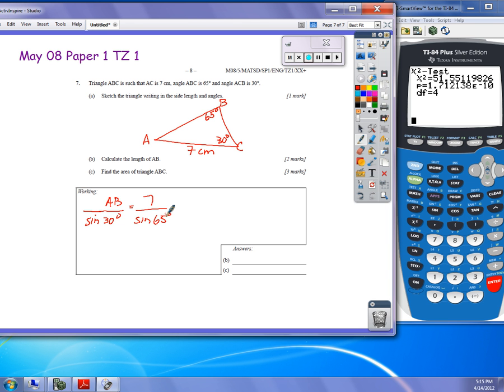And you can use your calculator for that. We're going to say that AB is equal to 7 times the sine of 30 degrees divided by the sine